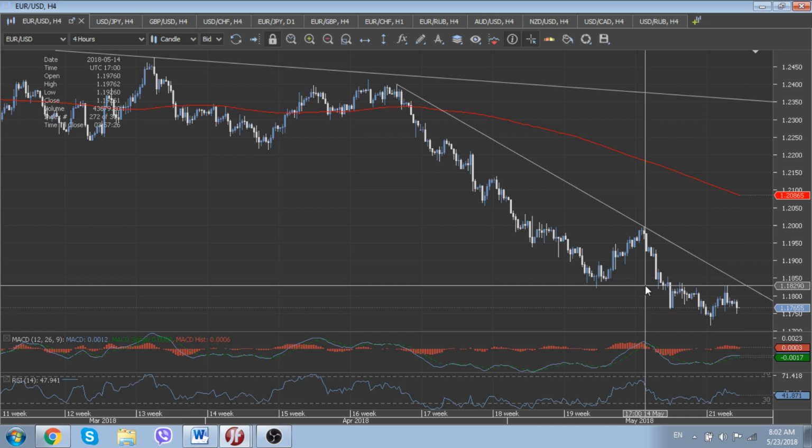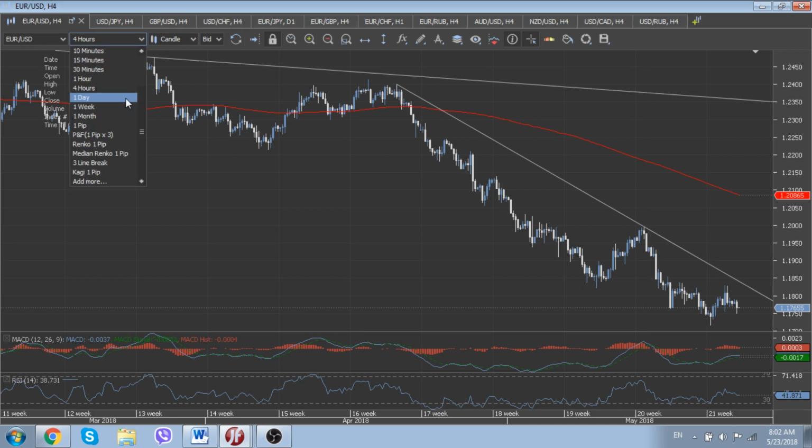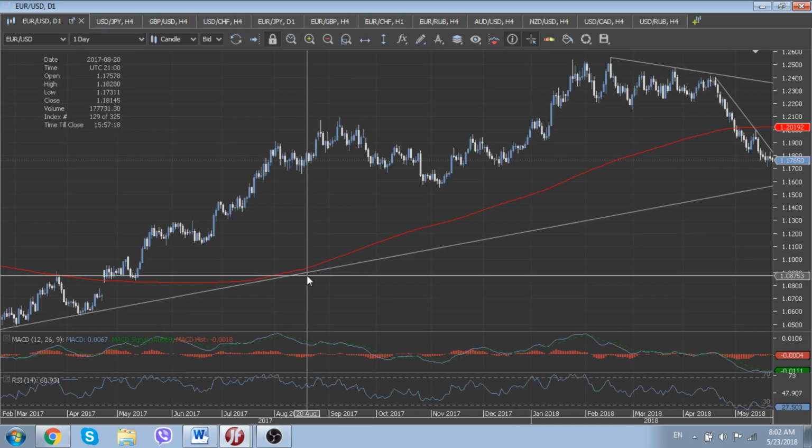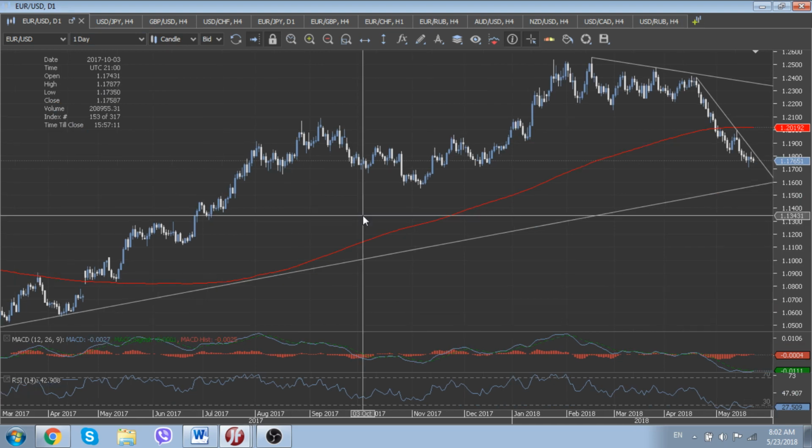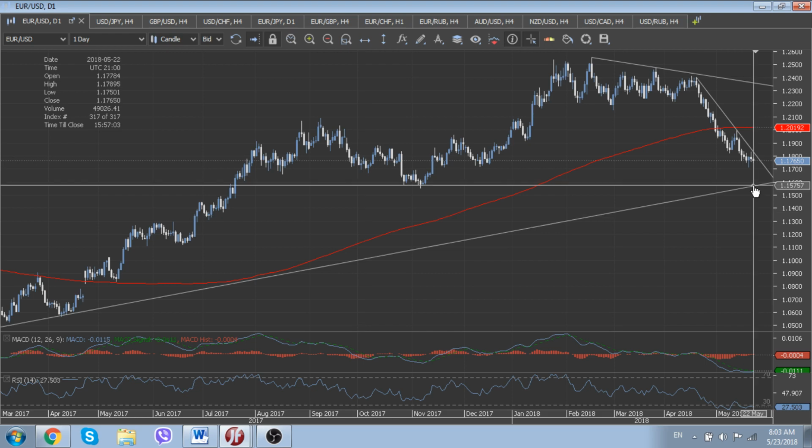119.95, as well as the psychologically important level of 120, and here also lies the moving average 200 daily line at 120.90, and to tell the truth, the pair should break above that line to improve its near-term upside potential, let's say so. But till now the situation still remains quite negative for the euro dollar, with the next level to see to the downside located around the longer term uptrend line at 115.70, and also not far from here lie the lows of November 2017 around